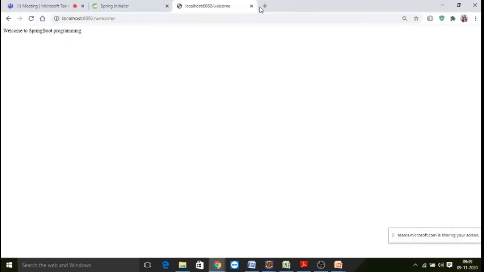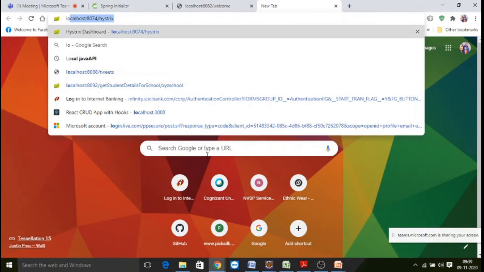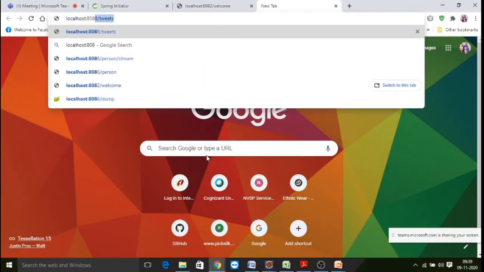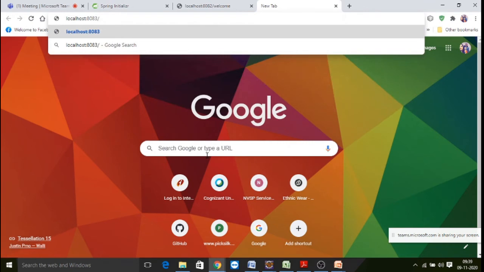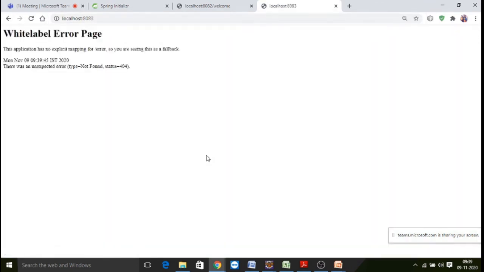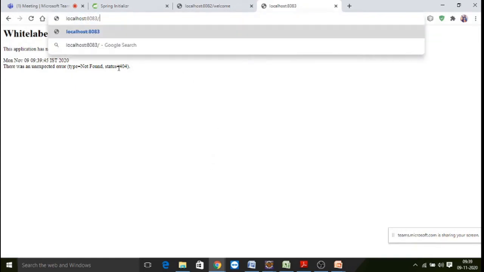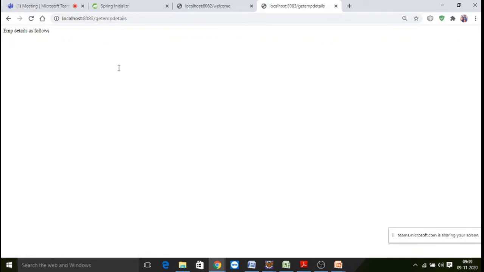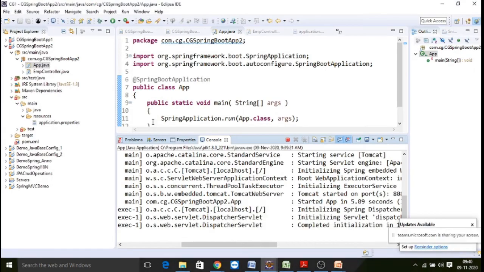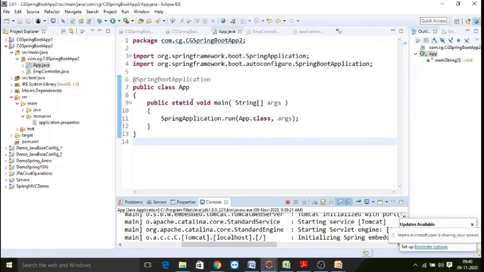Now let's go here and check the second Spring Boot project. Localhost 8083. Suppose you don't give any URL, what will it say? Simply a white page. We need to give the URL which is configured. What is the URL? getEmpDetails. Now it shows the expected result. So this is a client request and the server is responding with your Spring Boot application. Further layers still need to be created. Right now we are just testing whether it is deploying on the server or not.